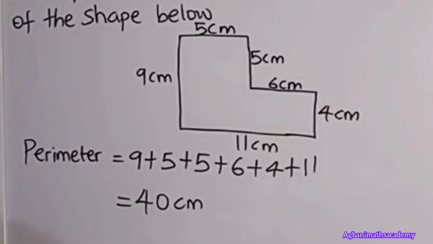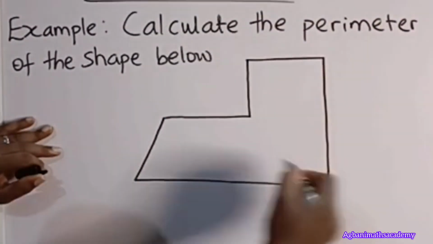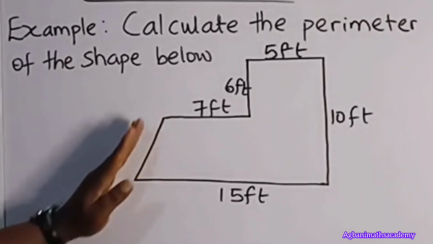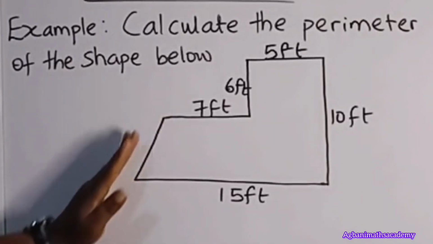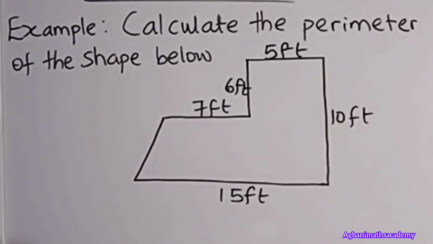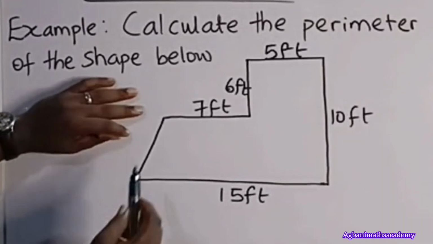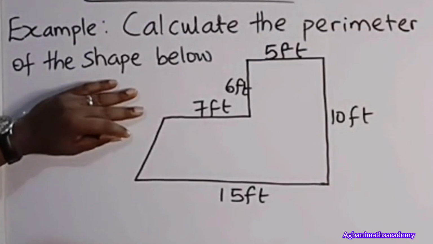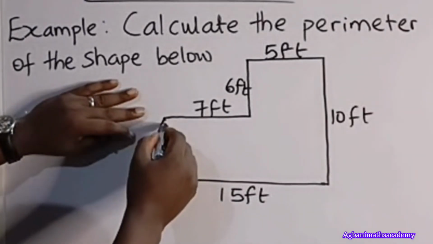Let's look at the last example we did for area. So if you have something like this, now we want to calculate the perimeter of this 2D shape. But there is an issue here. We don't know this side. We don't know this side. So we need to find a way to calculate that side. So the only way to do that is, let's create a right angle triangle here so that we can use Pythagoras theorem. So if I draw a straight line down,